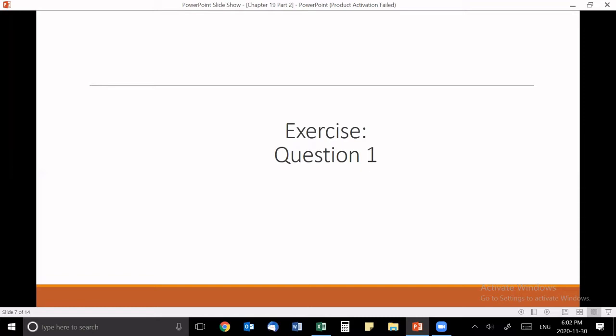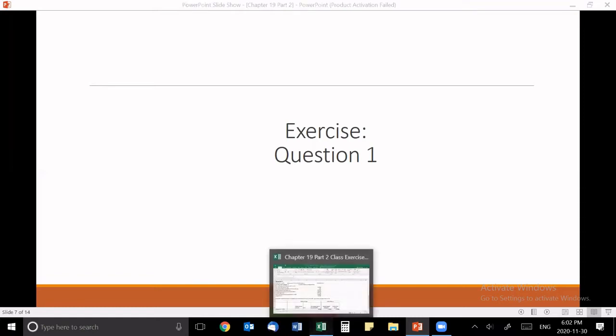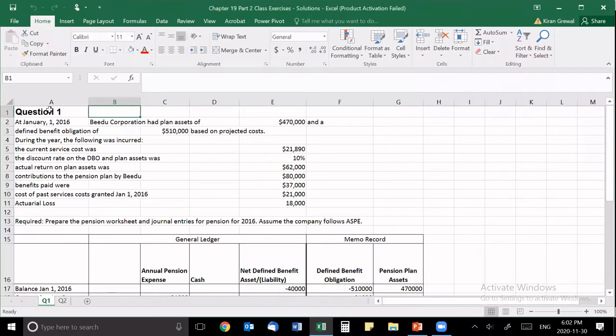So let's just do another ASPE question, and we'll look at the pension worksheet and how that all works. So if you go into Chapter 19, Part 2, extra class exercises, go to question 1. I'll pull that up here. So question 1, it gives you some information on January 1st. This is what they had in their account, so plan assets of 470 and a liability